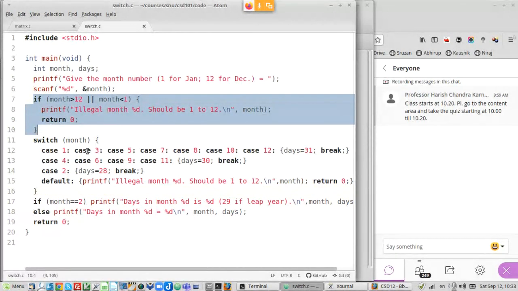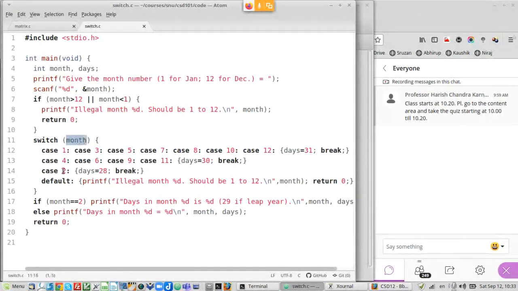Here I'm just printing it, but you don't need this, you can use the default here, right? So you can actually give this month in the switch statement. This is a trivial expression, that is, the direct value is an integer, and then you can see these cases, and these are cascading cases, notice.